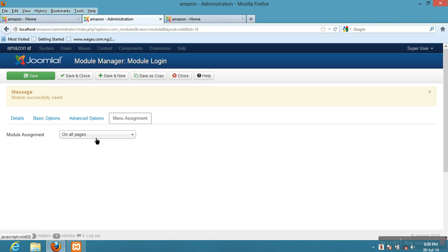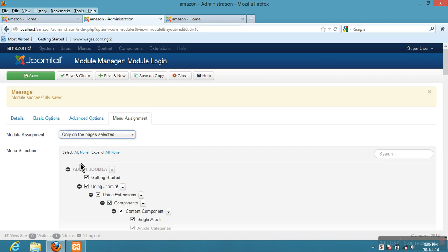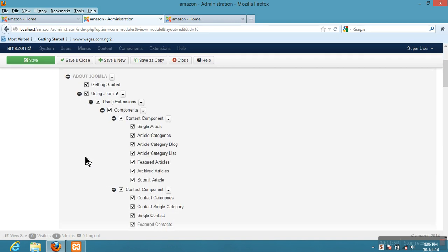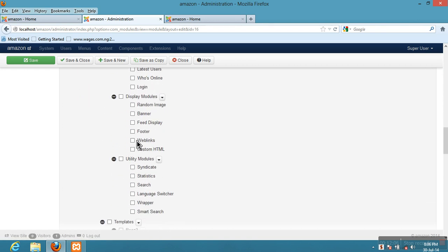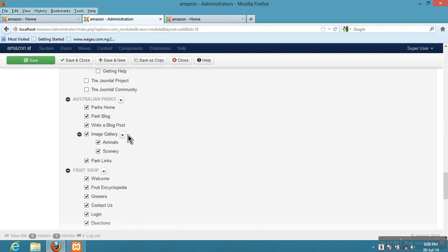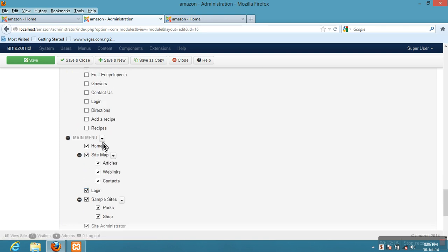Alright, so I simply come here because it's on all pages, but rather I want it to be only on the pages selected. So I'll click on that. Now deselect the whole of this here. I'll scroll down and deselect this also. Also deselect this. Okay. I want it to appear in the home, so I'll leave home while I deselect the whole of